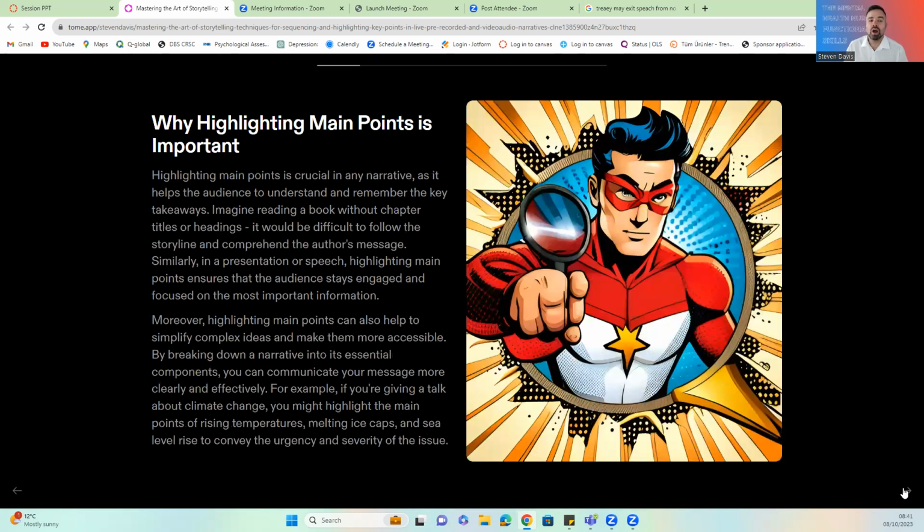So, why highlighting main points is important. Highlighting main points is crucial in any narrative as it helps the audience to understand and remember the key takeaway. So imagine reading a book without a chapter, title or heading. It would be difficult to follow the storyline and comprehend the author's message. Similarly,